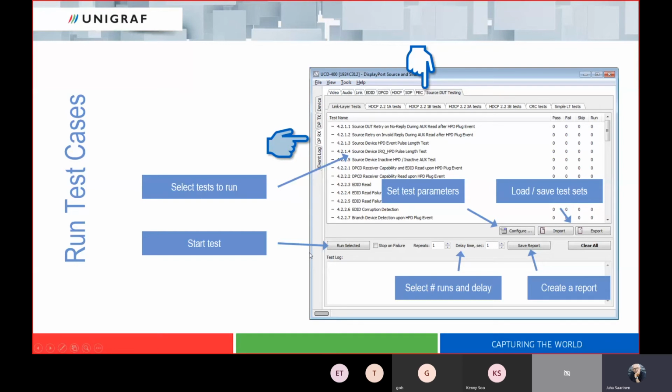Then the UCD 400 automatically goes through the steps of the compliance test, and in the test log here you will see the result